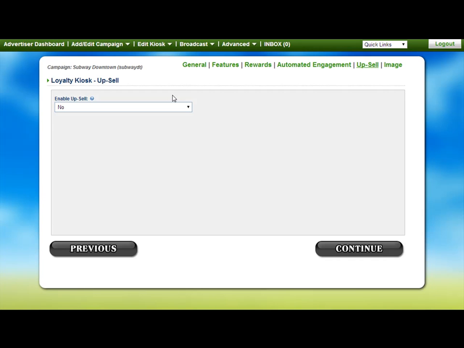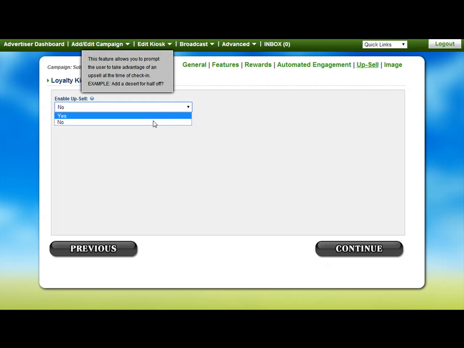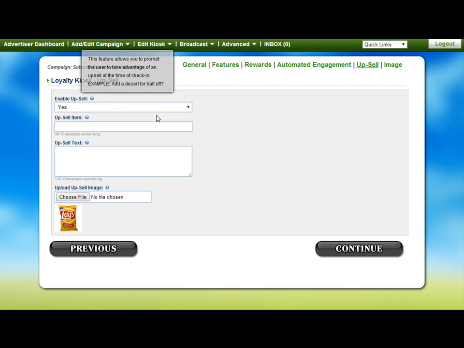So now let's look at how we set up the new upsell feature. You'll notice I'm on the Kiosk Configuration Wizard, and we have a new link here called Upsell, which is inserted into the normal wizard workflow process. What you can do is change No to Yes on Enable Upsell, and you'll have the first field that you